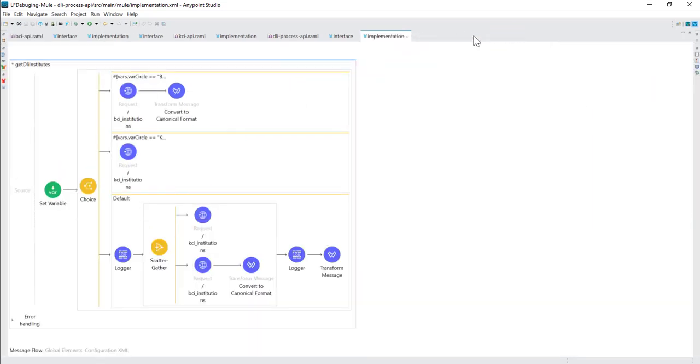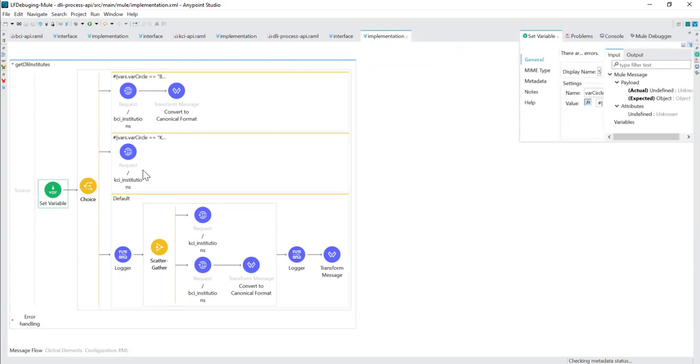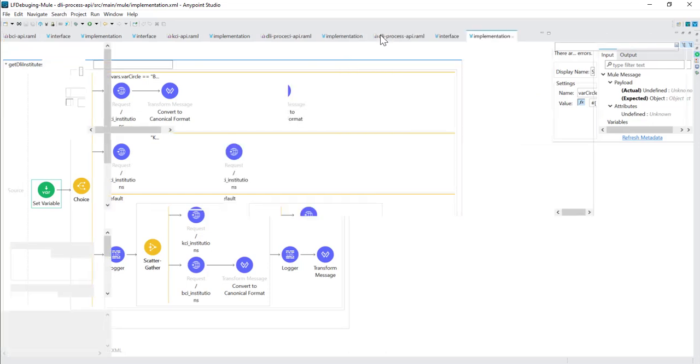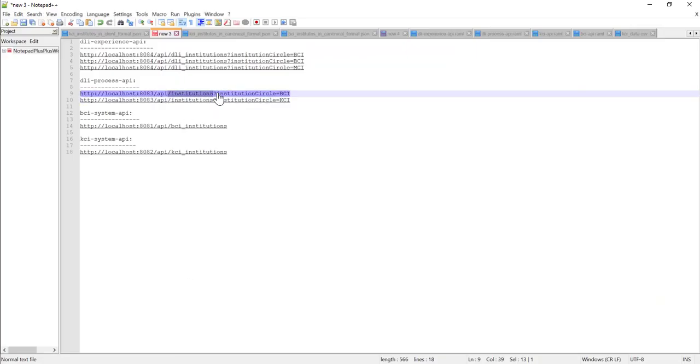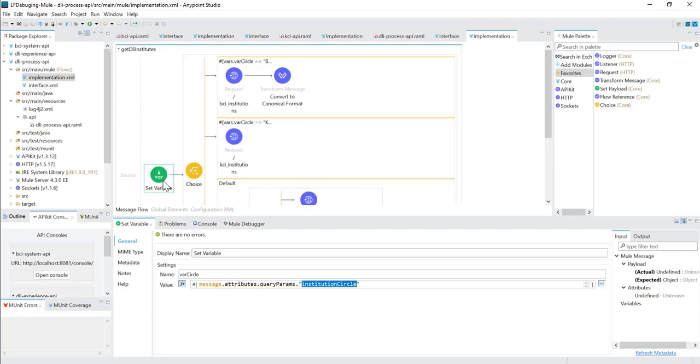And now we will have a look at the set variable component, which is accessing the query parameter, that is the institution circle. Whatever value we pass in this query parameter would be fetched using this set variable component, and it would be stored in the variable named where circle.